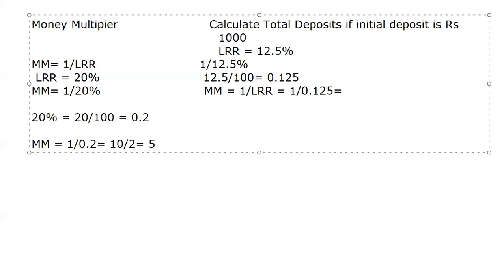So it would be equal to 1000 divided by 0.125, which is equal to 8. Now the question is asking the value of total deposits. And the initial deposit has been given. Okay. So total deposit would be equal to